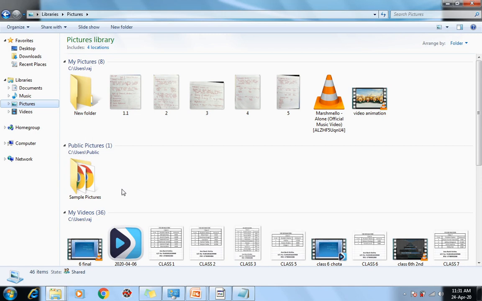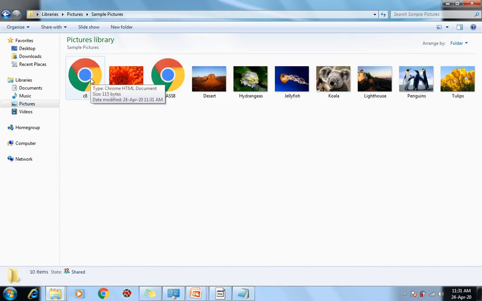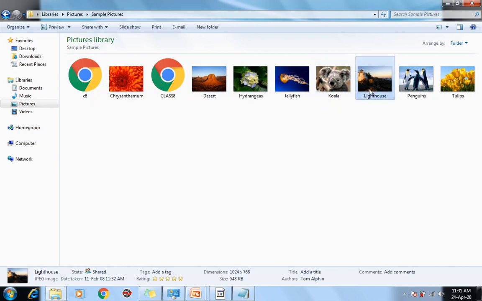Inside pictures, sample picture, and this is our document. For example, we have to insert this image into our document, so we have to take the path of this image. How can we take the path?